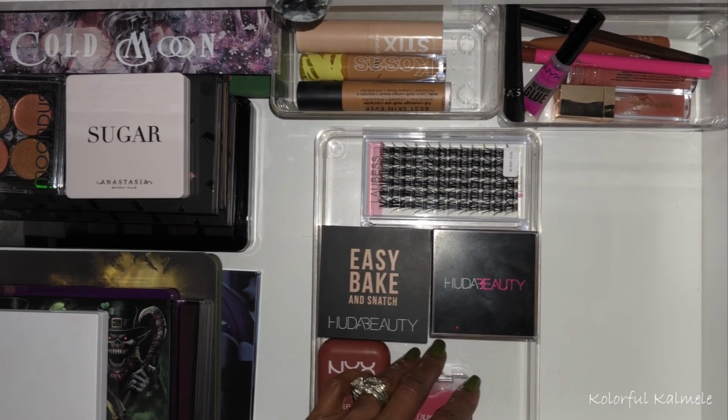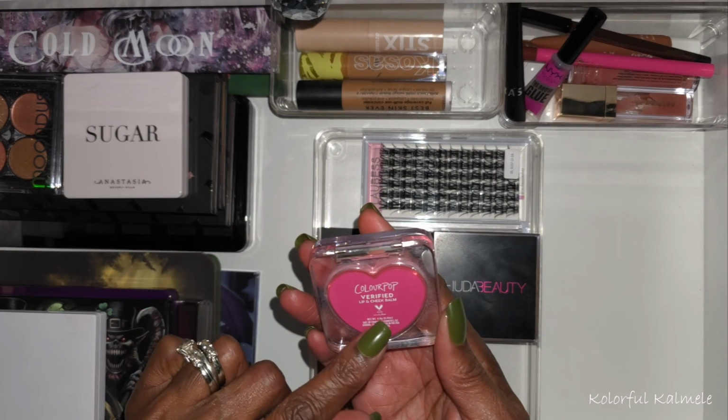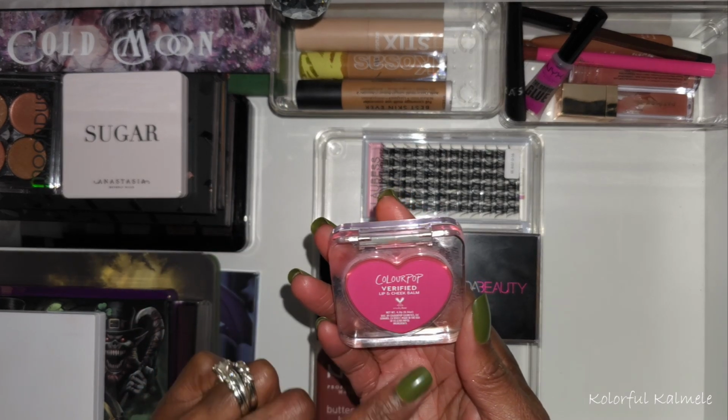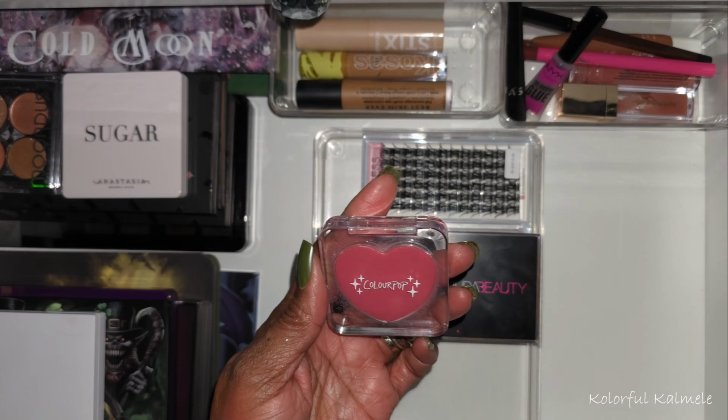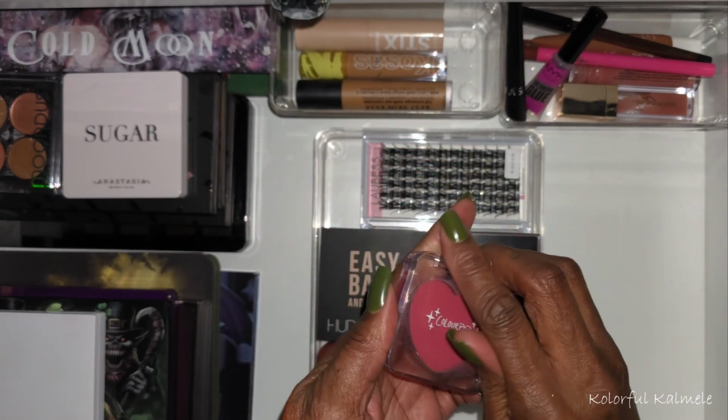Okay, so a couple more blushes to talk about. These ColourPop, these are actually balms, lip and cheek balms. This is in the shade Verified, and I have a few of these. They're super cute, first of all, as you can see. Cute little heart-shaped